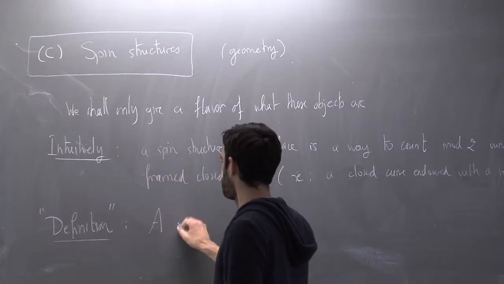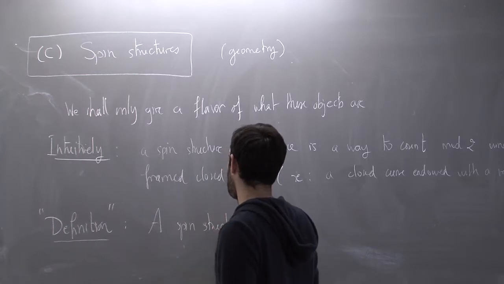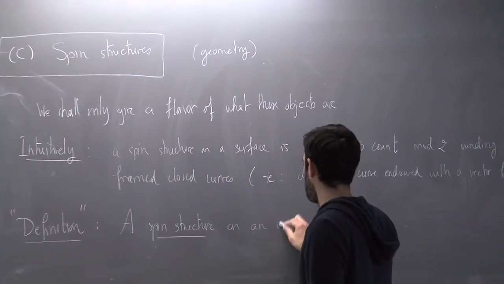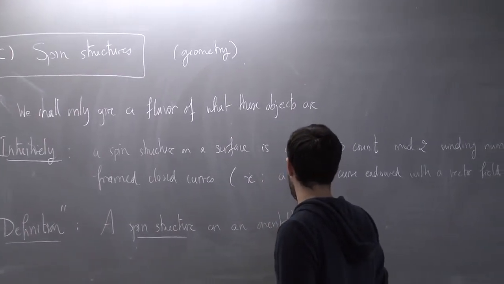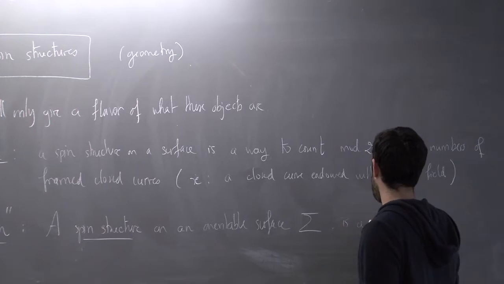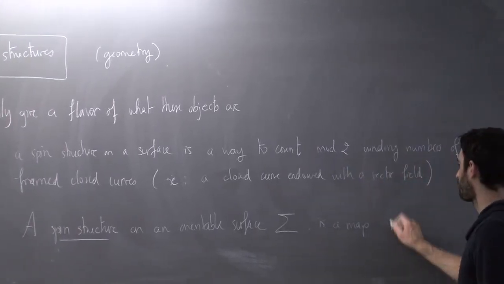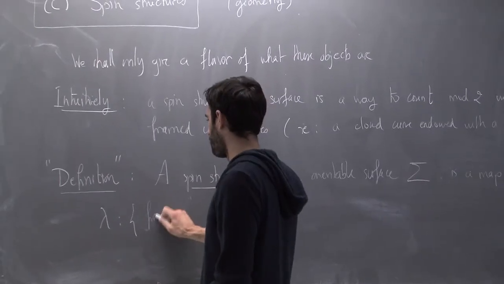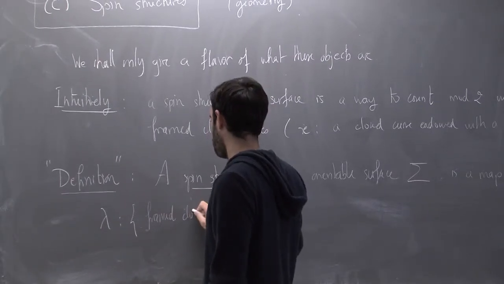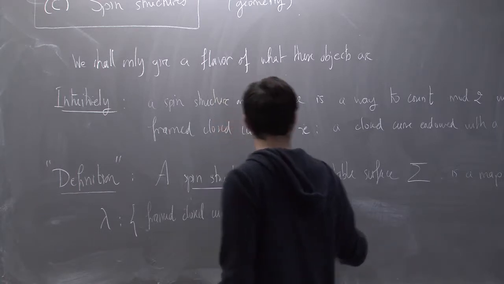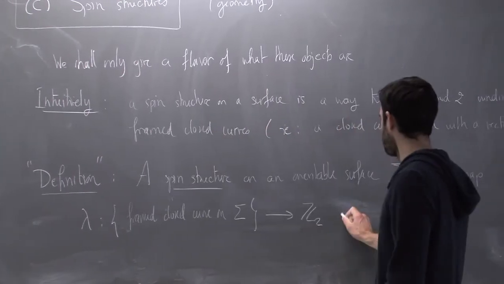A spin structure on an orientable surface sigma is a map, let's write it lambda, from the set of framed closed curves on sigma to Z2 such that